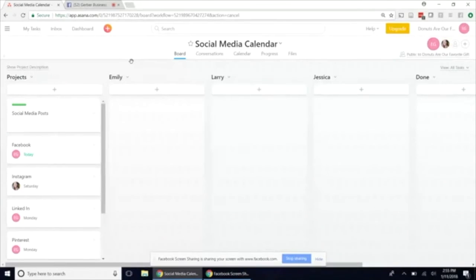So I'm going to show you what is inside the Asana app. It's just a program that you can get for free online, and it's available for anybody. I would use this even if I didn't have a company. I use this for my personal tasks and everything. You can create a list, a task list,